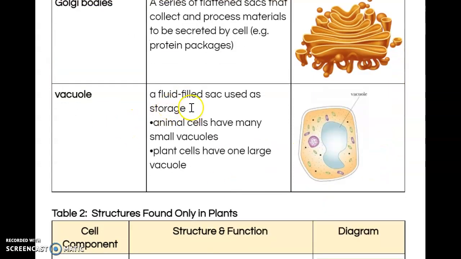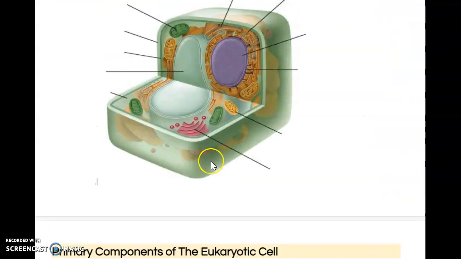Okay, then you also have vacuoles. Okay, a vacuole is a fluid-filled sac used for storage. Usually it's water, but it can be other things as well. Okay, and in an animal cell you have many small vacuoles, and in a plant cell you have one large vacuole. So if we go all the way back up here,